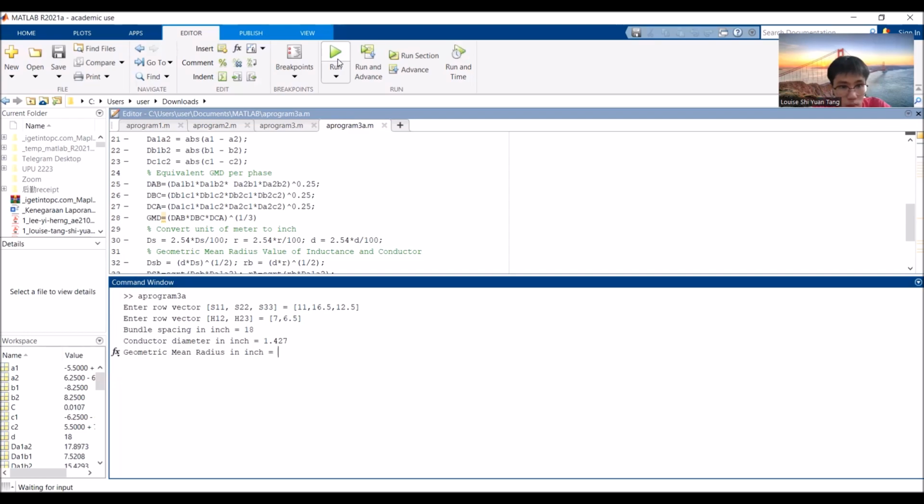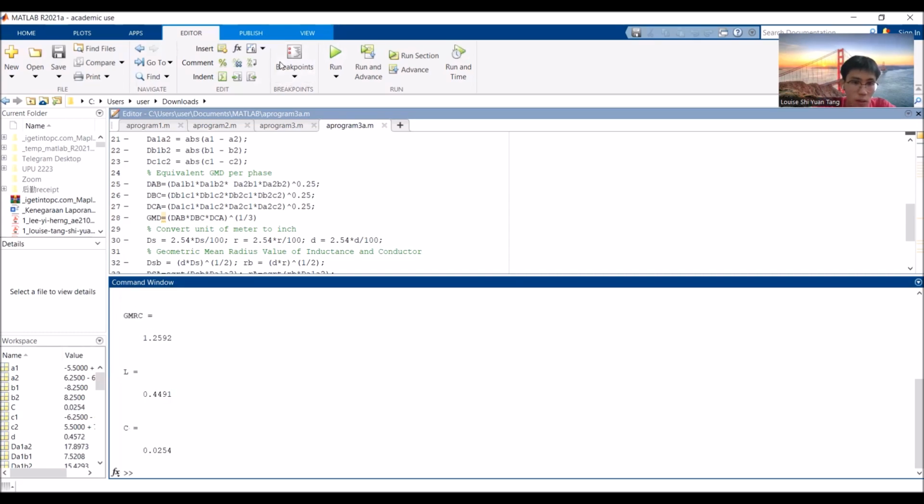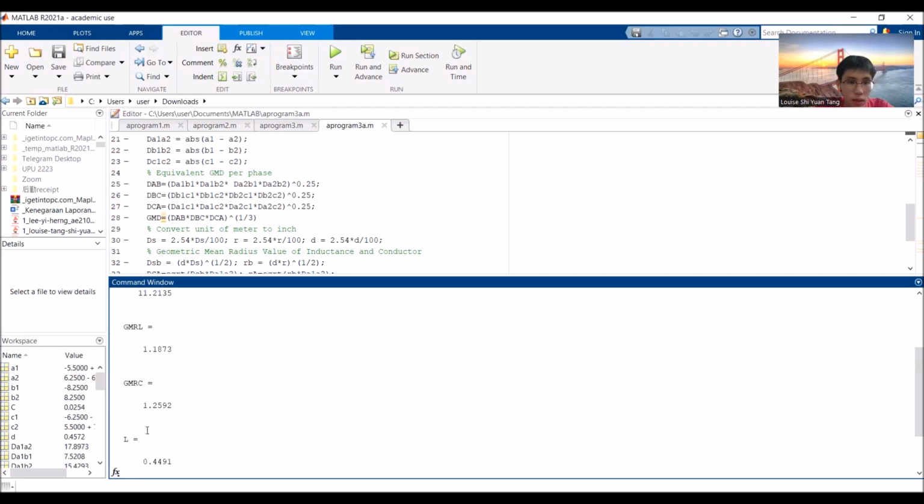And then the geometric mean radius in each is 0.564. Then we will get the L and C values, and also the GMD 11.2135, GMRL 1.1873, GMRC 1.2592, L is 0.4491, and C is